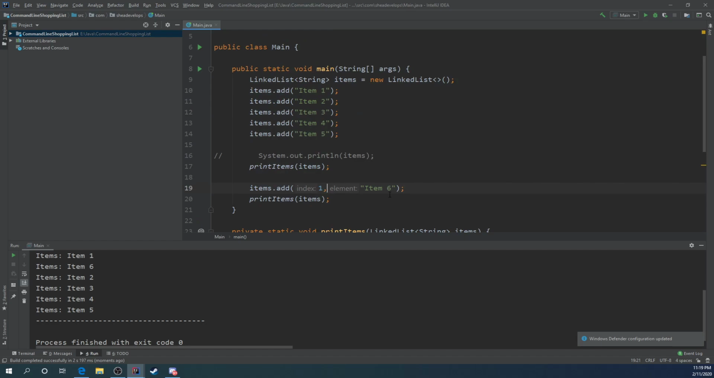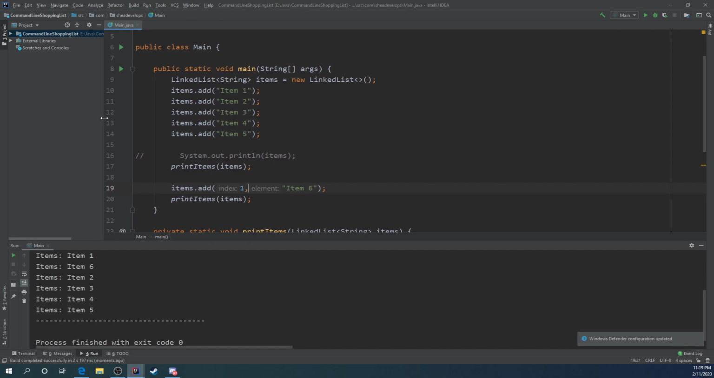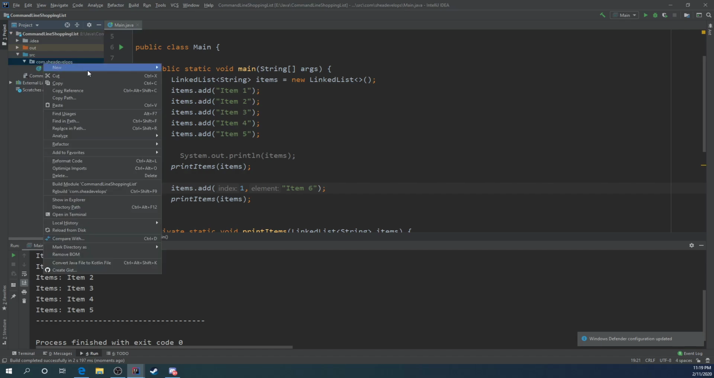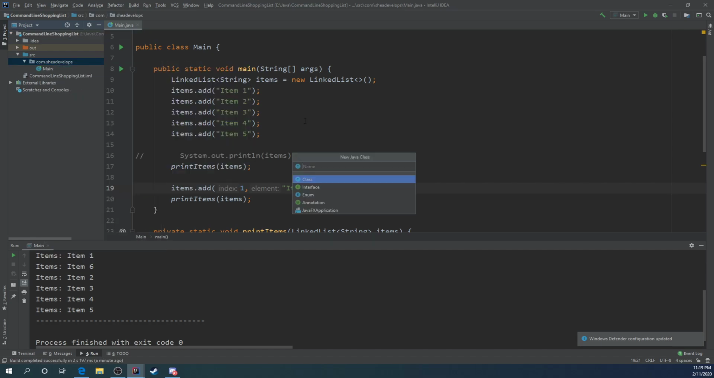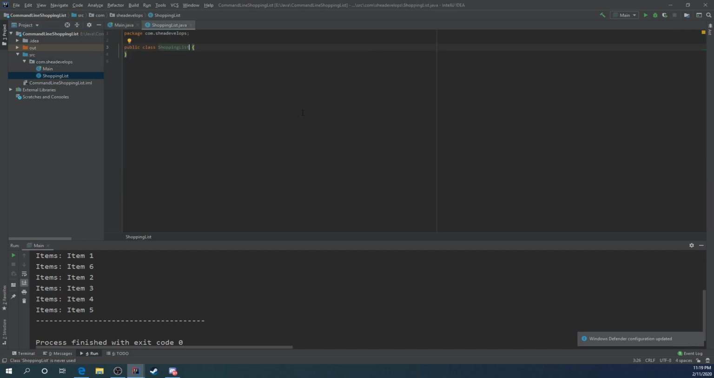All right, so now let's generate our shopping list and create some actual functionality and use this list iterator and these linked lists a little bit more. So we're going to right click here and create a new Java class. We're going to call it ShoppingList,